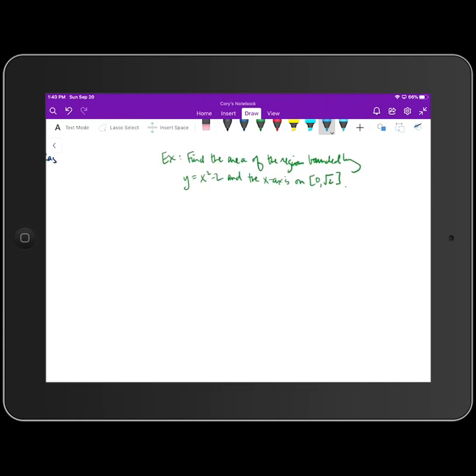So directions here say to find the area of the region bounded by the function y is equal to x squared minus 2 and the x-axis on the closed interval from 0 to rad 2. Okay, so again, find the area of the region bounded by the function y is equal to x squared minus 2 and the x-axis on the closed interval from 0 to rad 2. Okay, so again, if we draw a graphical representation of this,